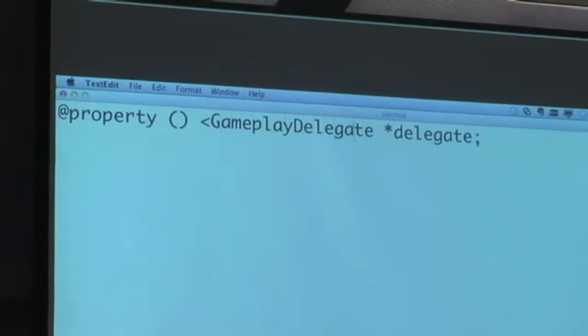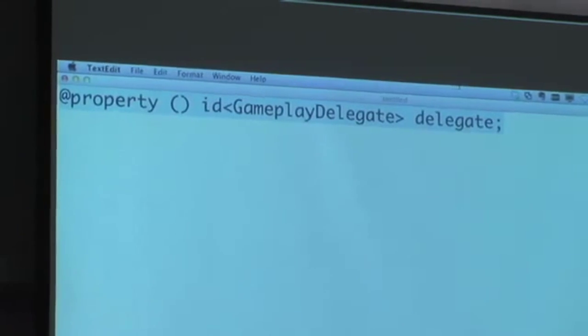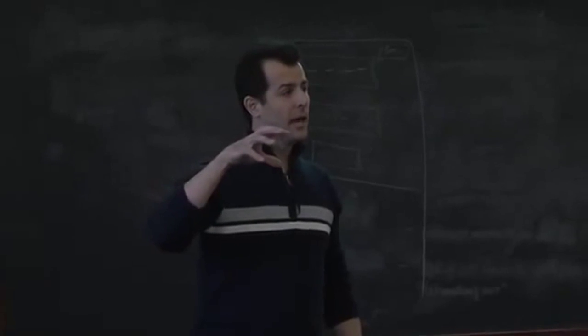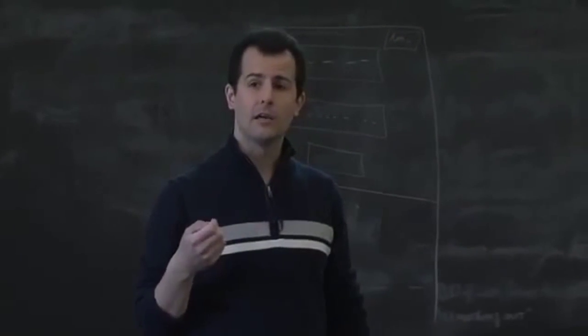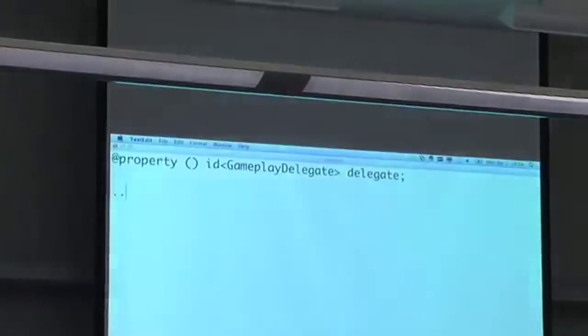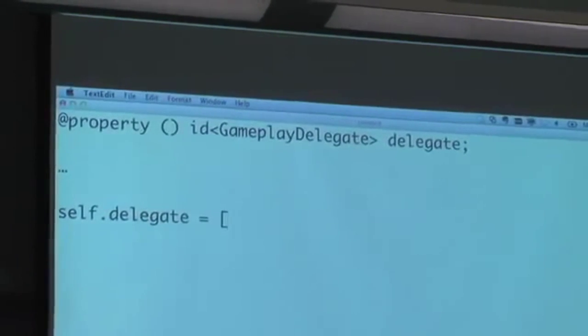So what I really need to say is, I actually want an id pointer that implements the gameplay delegate protocol, and I'm just going to generically call it delegate. So now if this is the property in my main view controller class, anytime the user clicks the new button or anytime the gameplay starts, I can allocate one of two objects. Either one, and let me do either one, I can do self.delegate gets, let's say, good